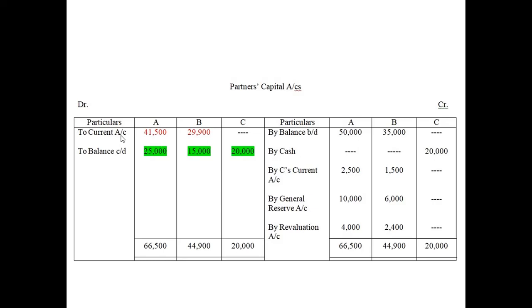Okay, but you have to mention at the end of the solution that this is the reason why you passed through current account, or why you are passing from cash or bank account. But if you have adequate amount of cash, then you can make the cash adjustment. Okay, but at the end of the solution you have to mention that, so that the examiner can understand.